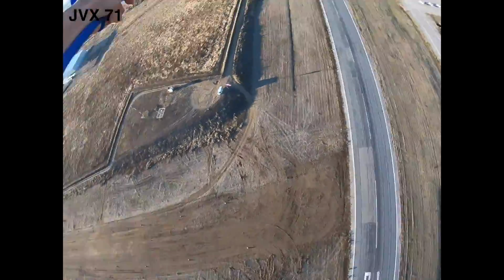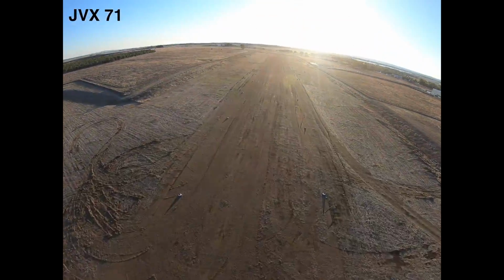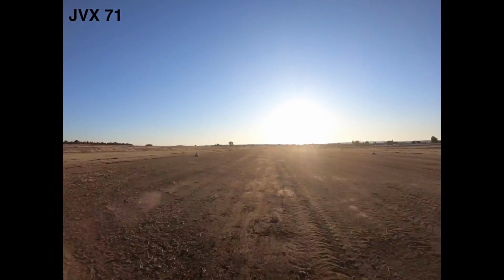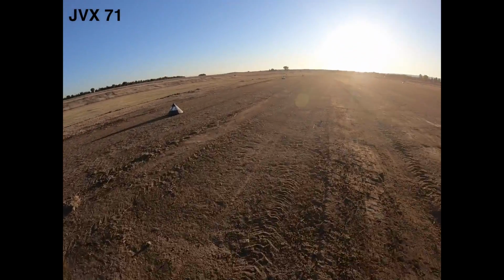Nine cells, super good aspect ratio, super pressurized, a super thin profile, making it super fast. No drag at all from being thick. That thing just flies, man. And I think